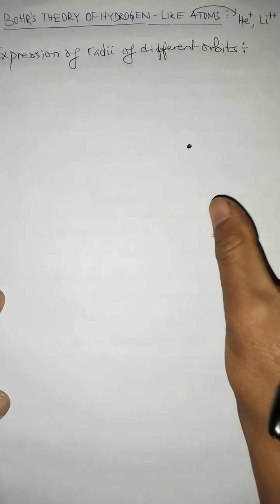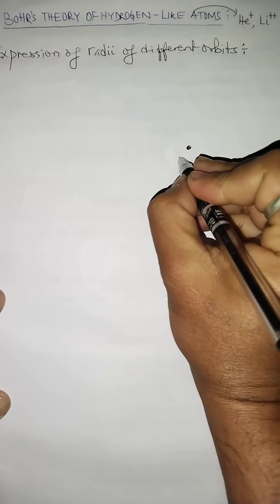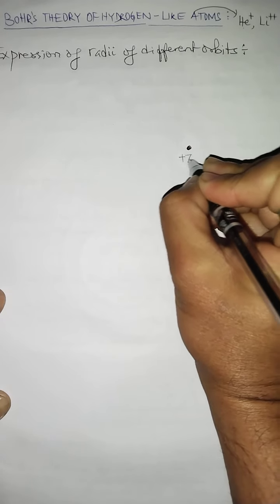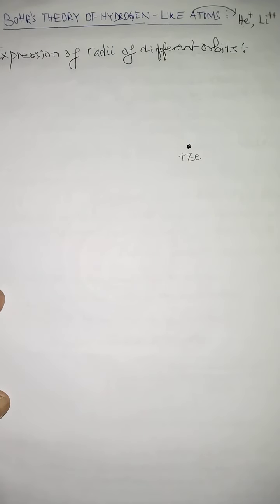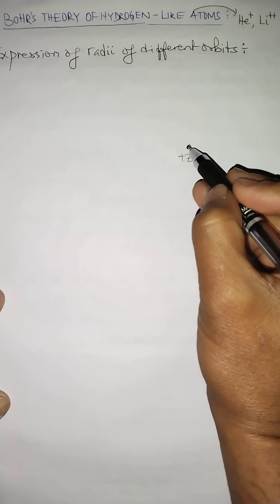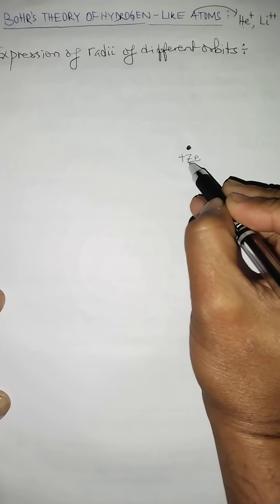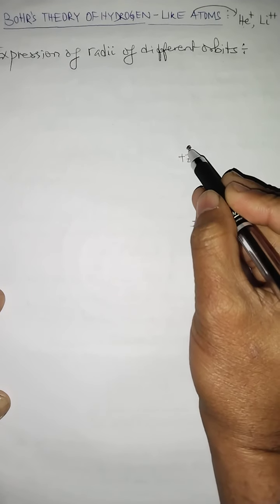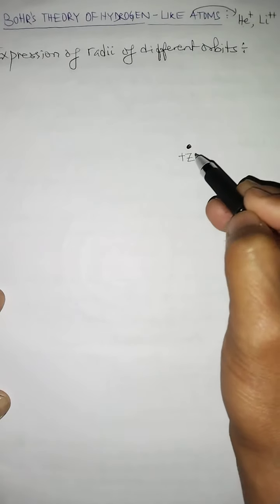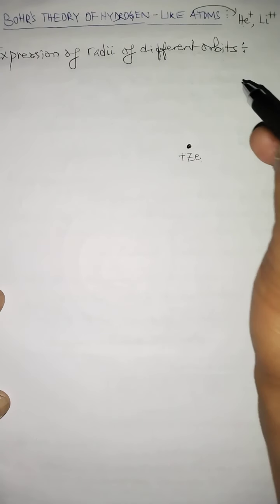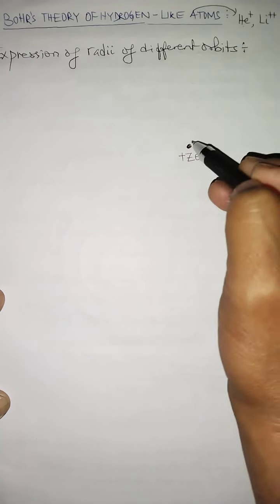As you know, the charge of the nucleus is always positive, and we consider this as plus Ze. So every atom consists of a nucleus with positive charge plus Ze. This nucleus can be the nucleus of a hydrogen atom, of an ionized lithium atom, or